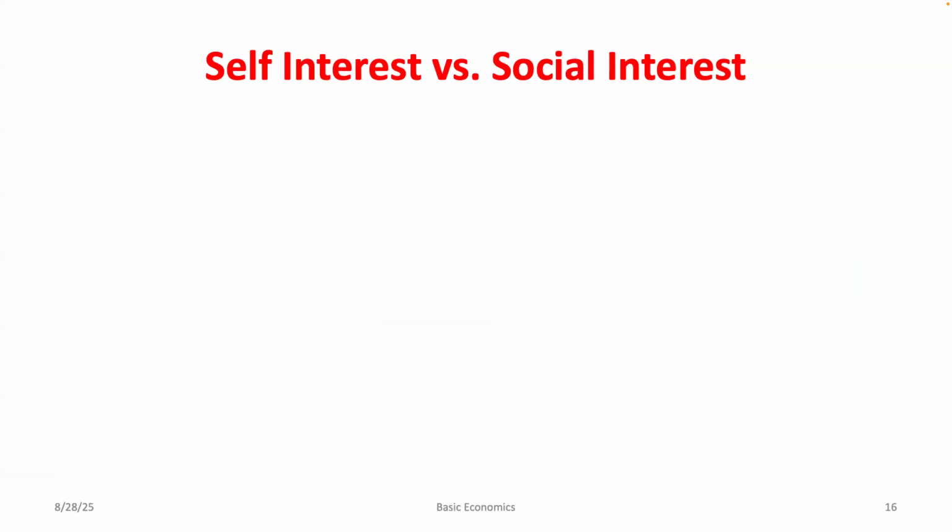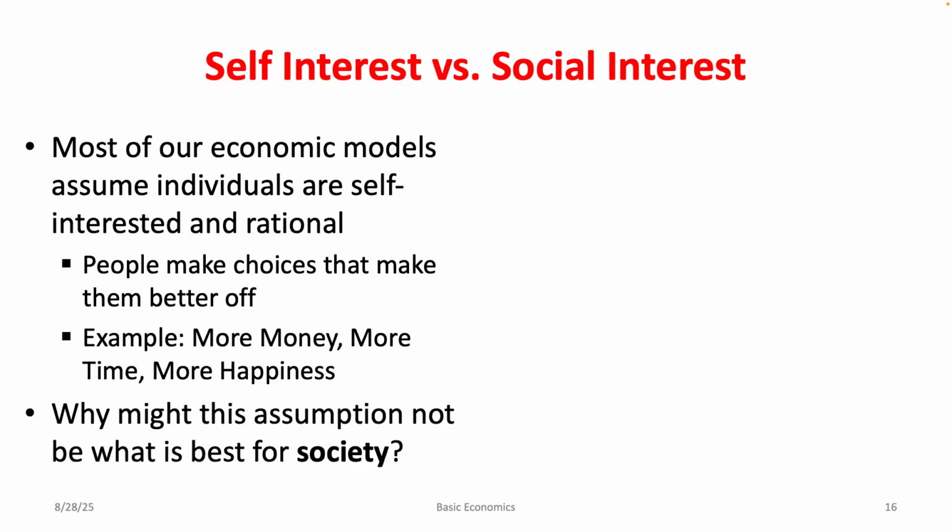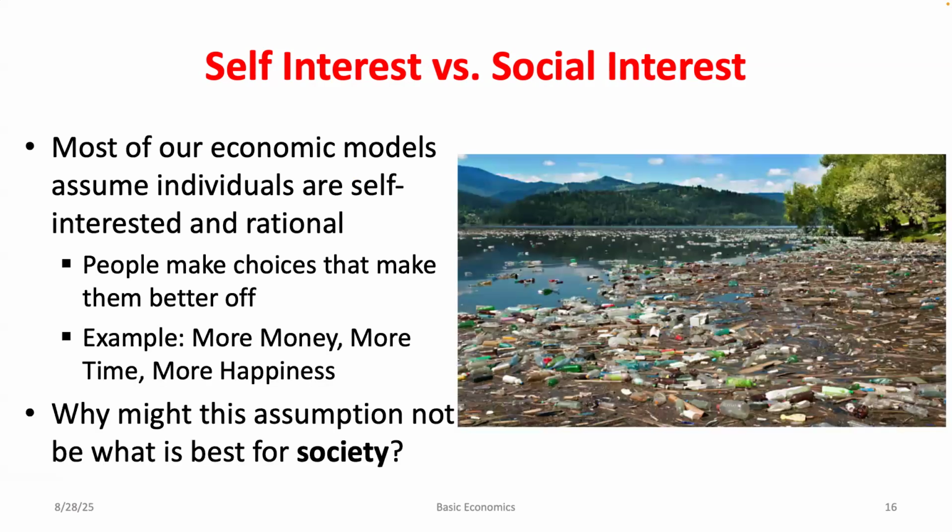So when we think about individual decision-making, we said this class is primarily going to be micro. We're going to think about how people make decisions out of both self and social interest. Individuals make decisions out of self-interest, but we might be interested in, if people weren't selfish, what would be the kind of socially optimal decision? So if you think about things like, I probably got an example here. Yeah, there we go. Littering,